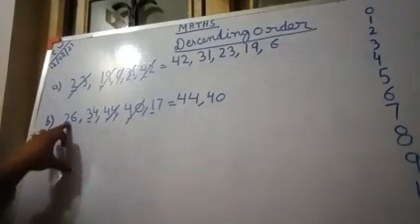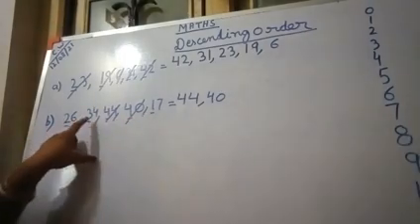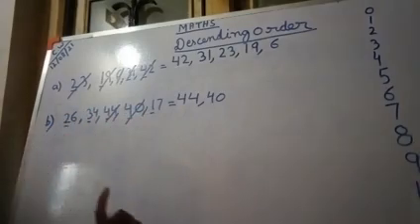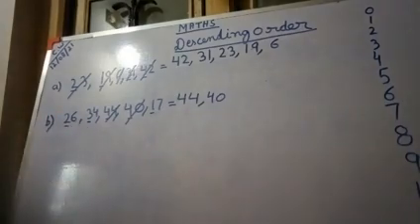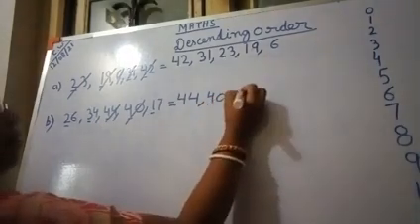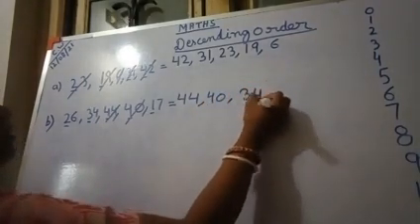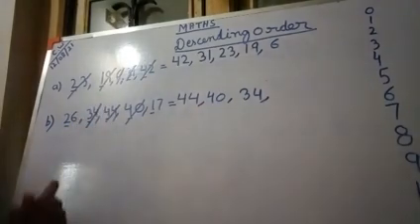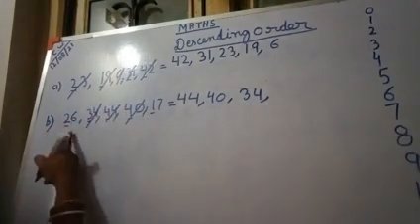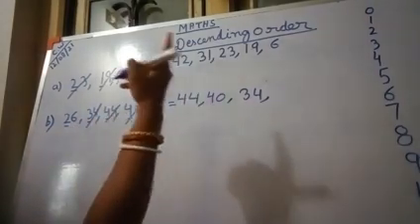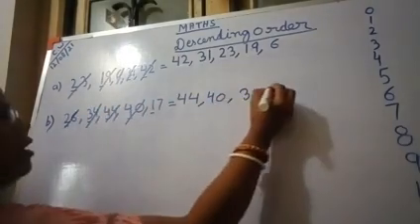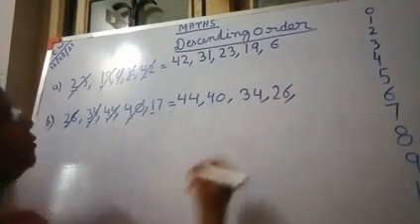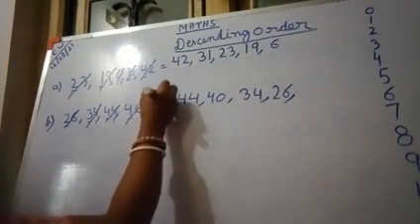Here you see, here it is 2 written, here it is 1 written, and here it is 3. Among them, 3 is the bigger one, because 3 will come first in counting from back side. So 34 is the next bigger number. After 34, you will write, 2 or 1 is bigger? 2 is bigger when you count the number from back side, 2 will come first. The first number is the bigger number. So 26 is the next bigger. Okay. Then you write 17.